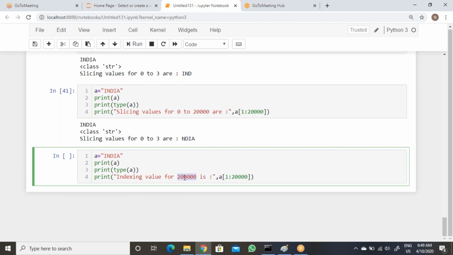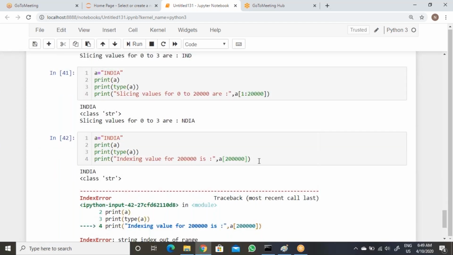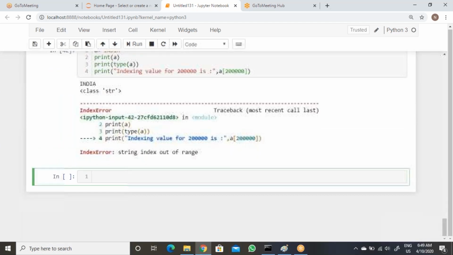Then if you don't have any colon operator, the slicing operator you can say, then it will throw an error, index out of range. So it is not applicable for slicing. So you need to make sure of that.